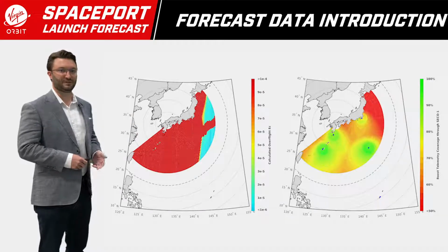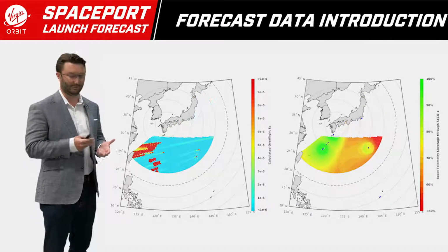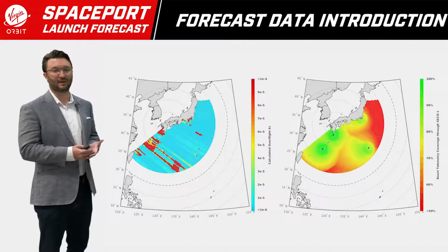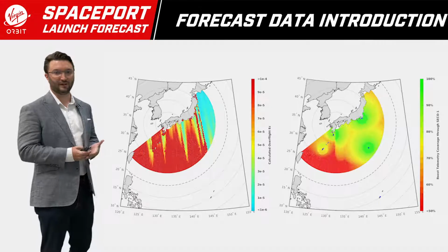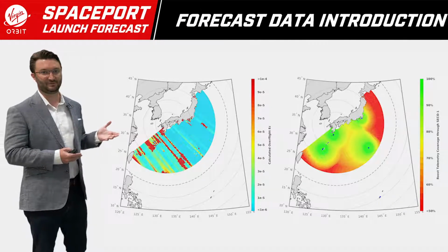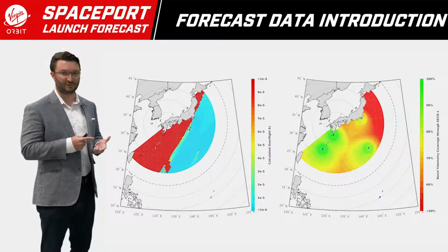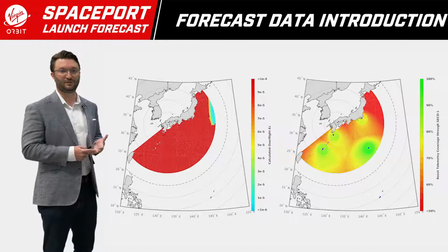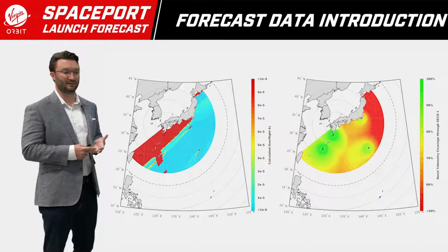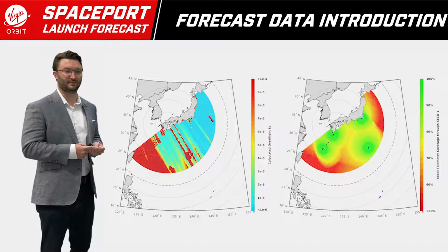And so what you're seeing are colors that indicate E sub C, or casualty expectation or risk to the downrange population overall, where a red site cannot originate a Launcher 1 mission just due to the dangers of downrange flight, versus orange, yellow, green, and blue, which are acceptable based on E sub C calculation via the FAA's approved methodology